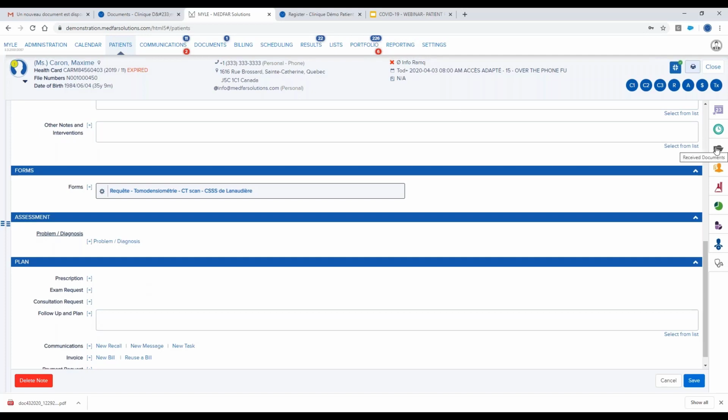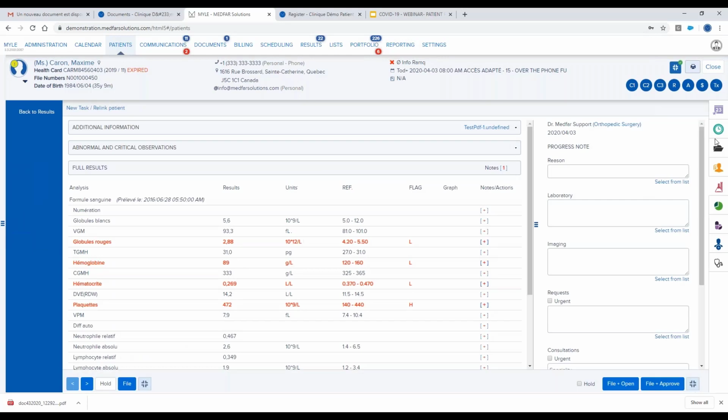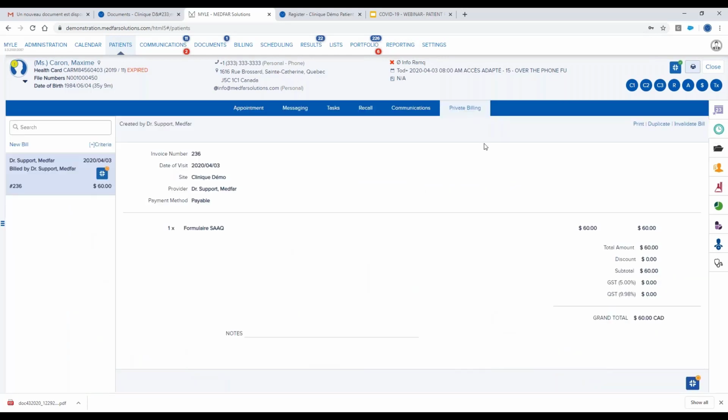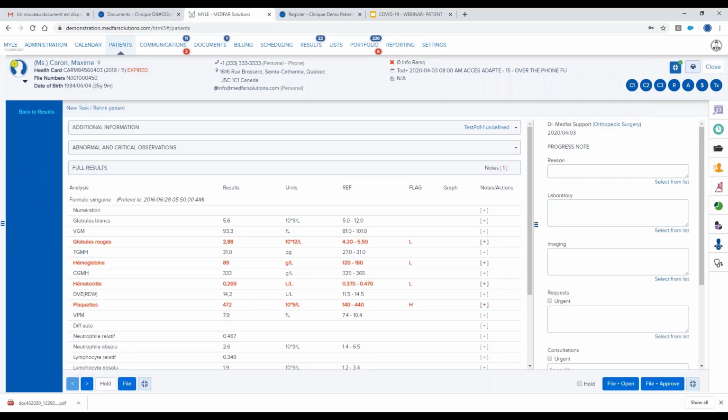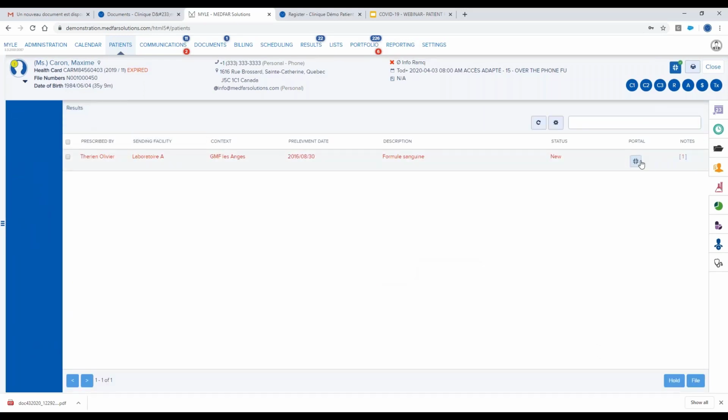Again, we can share documents, labs, and bills, and there's a color code here to ensure that the patient has seen those documents. Now, our last topic: now that we've shared many documents with many patients in this fight against COVID-19, we want to make sure that those patients see the documents, and we don't want to go into each chart, to the document section and the lab section,